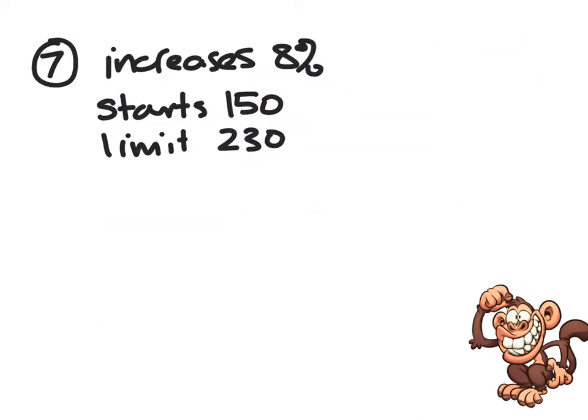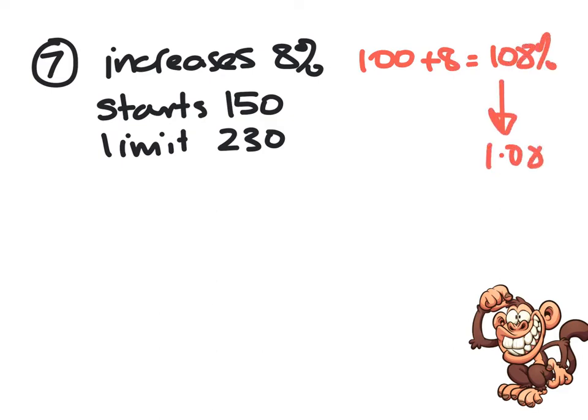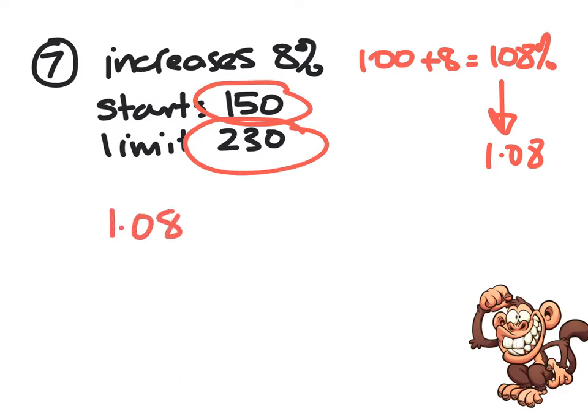Question 7. The pressure is increasing by 8%, so 100 add 8 is 108%. Turn that into a decimal. Now, this is slightly different to the normal question, because if it starts at 150, we don't want it to reach 230. So the only way we can do this is we go, well, what would the pressure be after